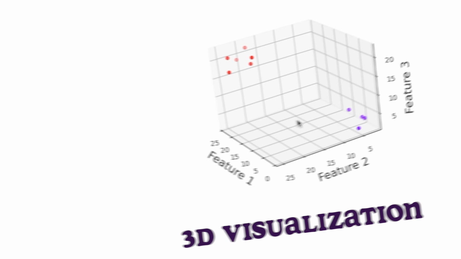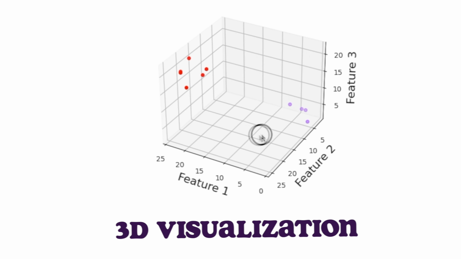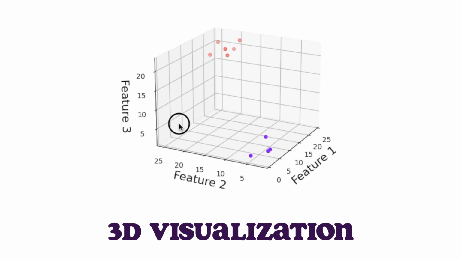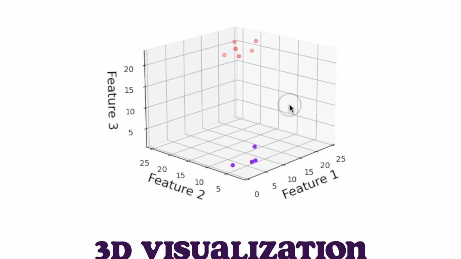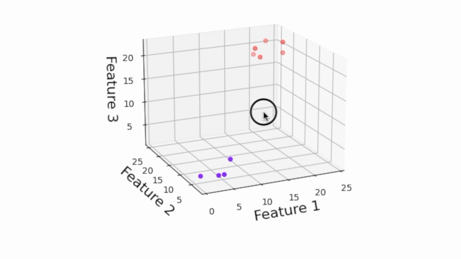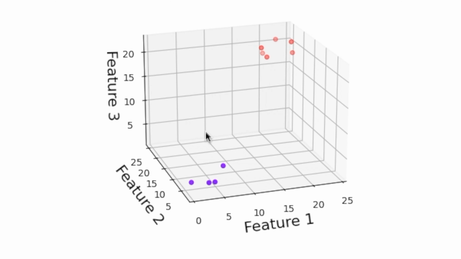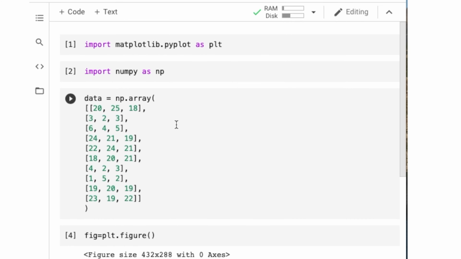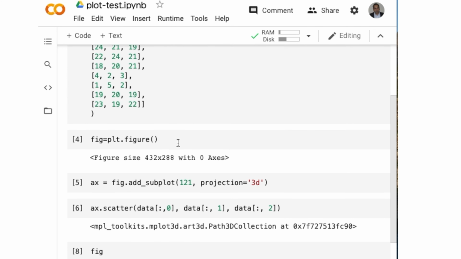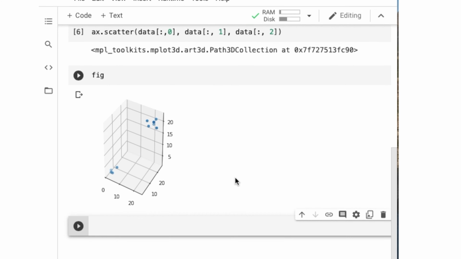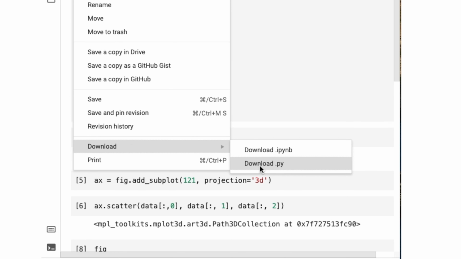I want something like this. We cannot accomplish such a visualization easily using Google Colab. To accomplish that, we need to use regular Python on a computer. Now I will take this code to my laptop. I am downloading the Python file. I will do the rest of the work on my computer.